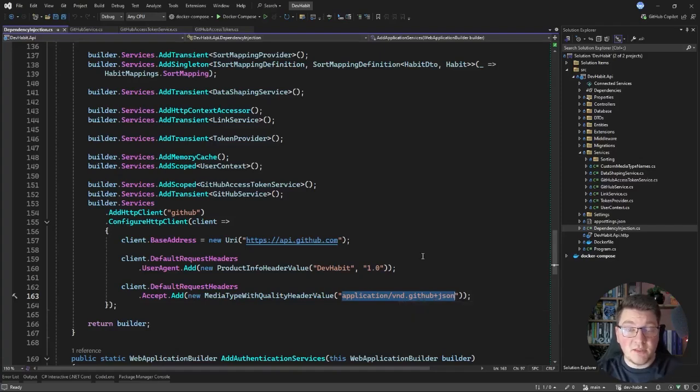Of course, the respective database migration is also created, and it will be applied when the application starts. So what is left for us to do as part of this lesson? Well, we have to expose a set of API endpoints on our REST API to allow us to integrate with